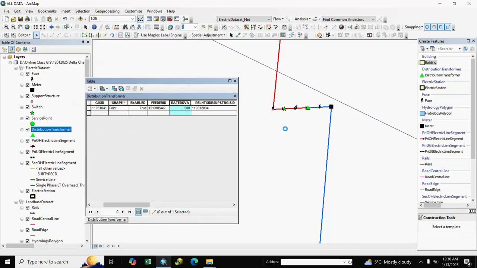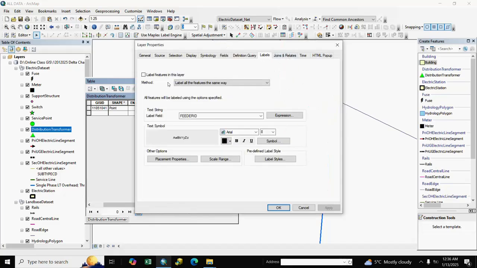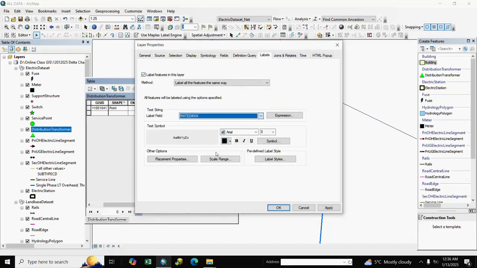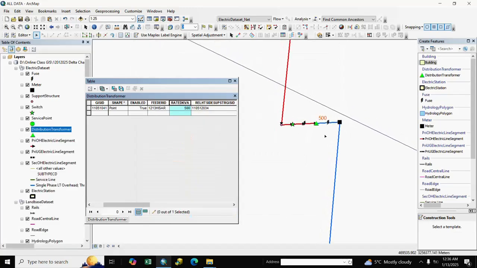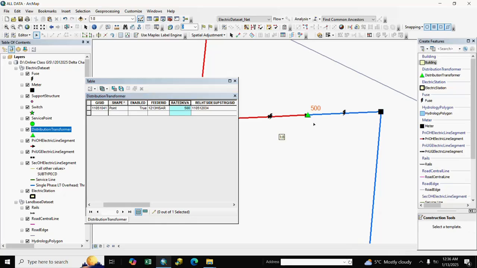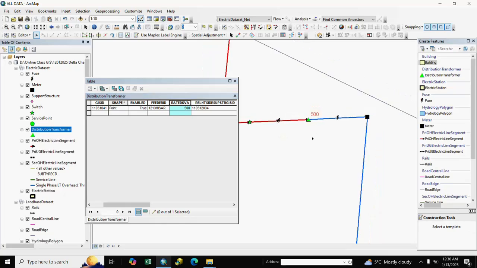You also open label, rated kVA, you see here it's updated 500 kVA.